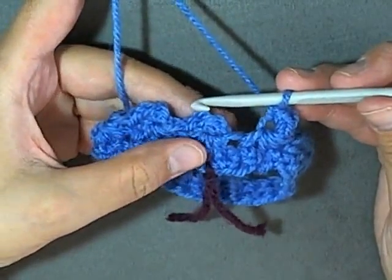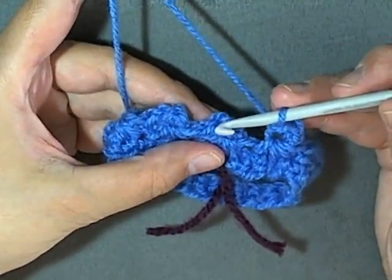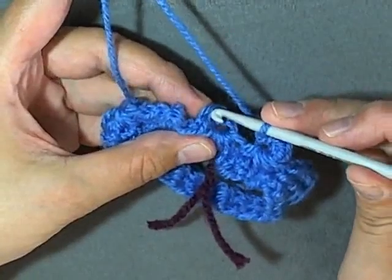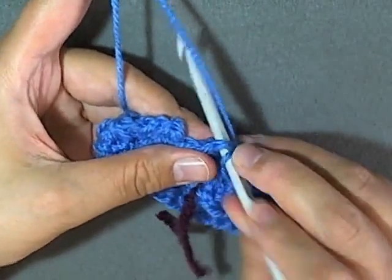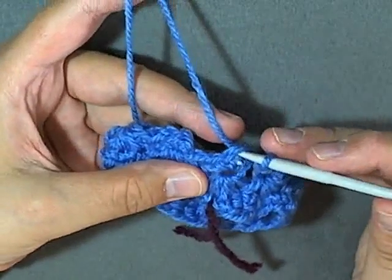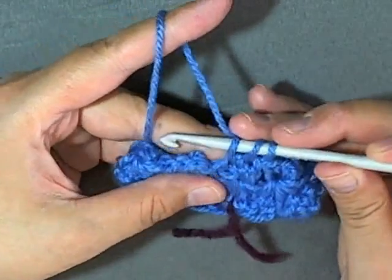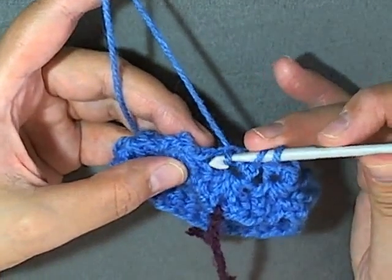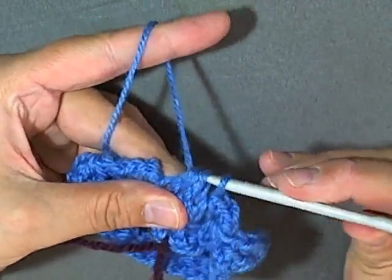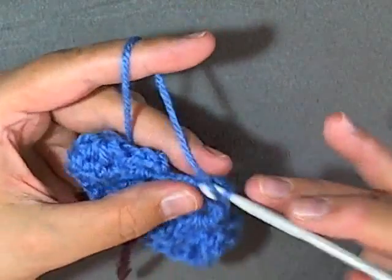To end, we're going to skip this little bitty stitch here, and we're only going to be using the following 3 stitches. So skipping 1 stitch, going to the next on the very top. So it's actually the middle of the 3 single crochets. You'll skip the first single crochet and then you go right into the next stitch, pull up a loop. Then you go right to the following stitch, which is the 3rd single crochet. And then you're going to use this big stitch in between there. Then you'll yarn over, pull through all 4 loops, chain 1,